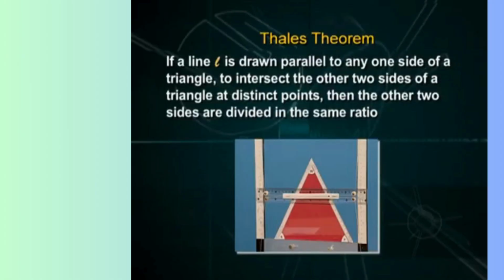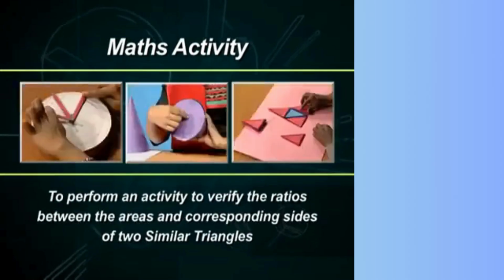This is how we have shown that whenever a line L is parallel to any one side of a triangle, intersecting the other two sides at distinct points, then the other two sides are divided in the same ratio. This verifies our basic